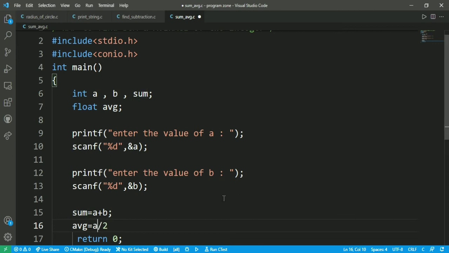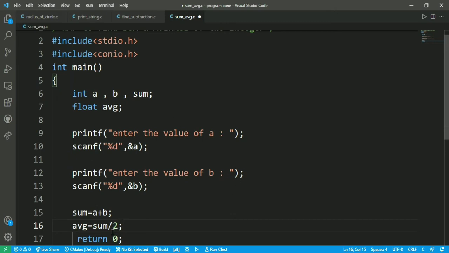We don't have to write a plus b again, because we have already done the sum of a and b. We have stored a plus b in a variable, so we can directly write the sum variable divided by 2, because this is the number of elements.